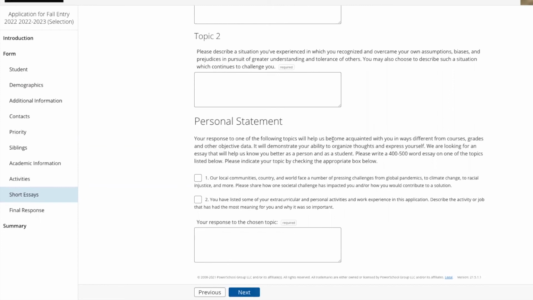So the personal statement is going to be a bit longer, about 400 to 500 words. You select one of the topics to address in the personal statement. You don't have to address all three examples here at once, or multiple issues. It can be, again, truthful and honest to what you feel is compelling and impacting you, and how you will contribute to that solution. And then also, if you don't want to select that topic, you can refer back to